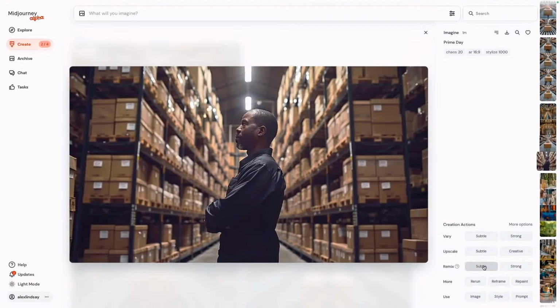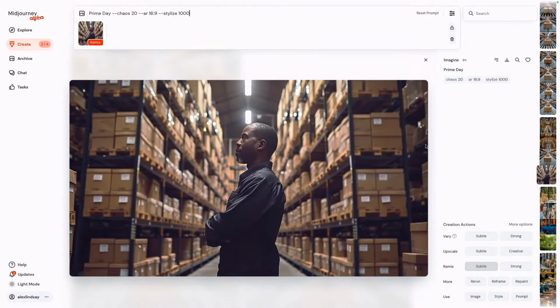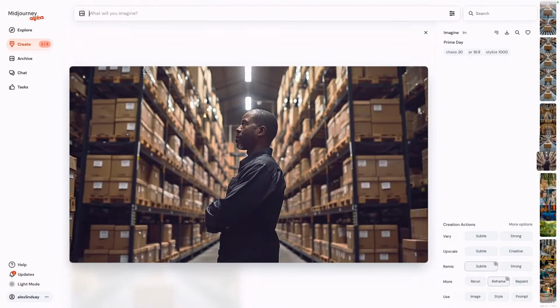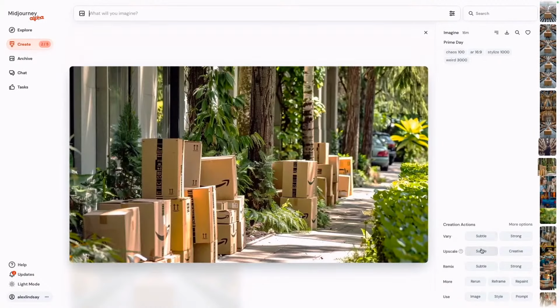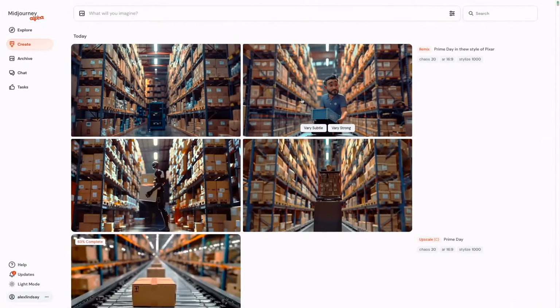And then you can see remix here, where you can update the prompt. So you can change something, let's see, subtle. And it'll ask you to. This is now you're seeing what the actual prompt was here. And then I say Prime Day in the style of Pixar. Off it goes. And then there's other ways to guide it, as far as images, styles, and prompts. So you can have it actually, and I'll try to show that in a little bit. So here's,